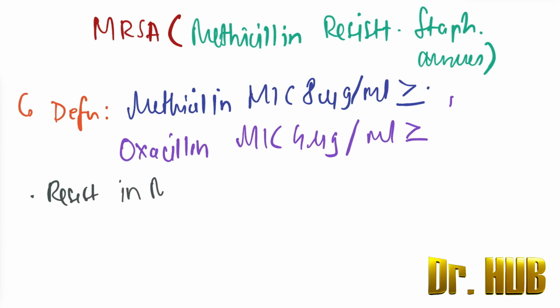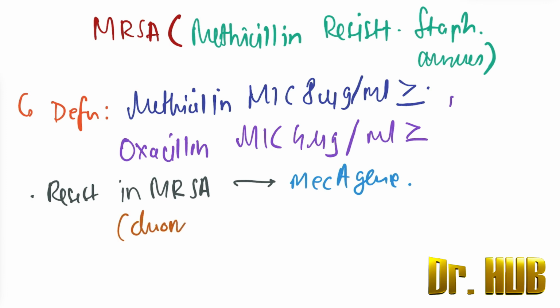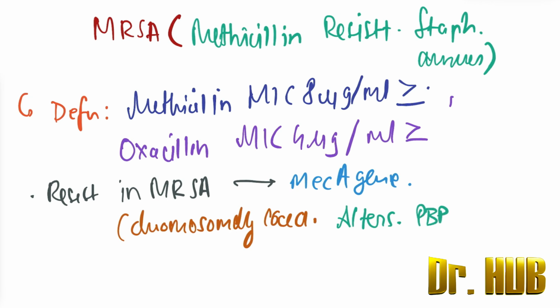So the resistance in MRSA is mediated by the mecA gene. So this is chromosomally coded, and it alters the PBP. So what is PBP? It stands for the penicillin binding protein,